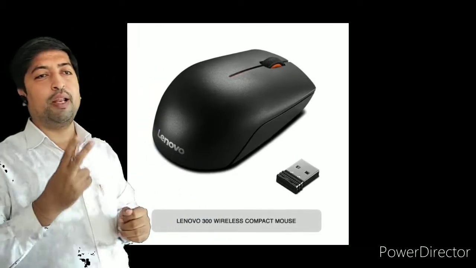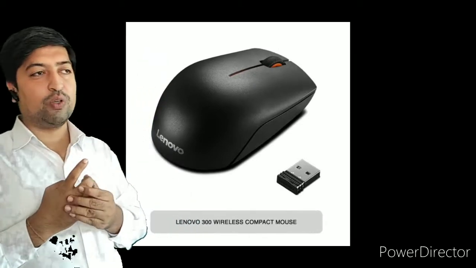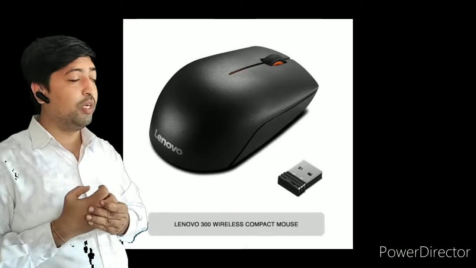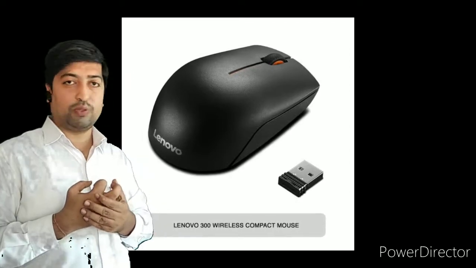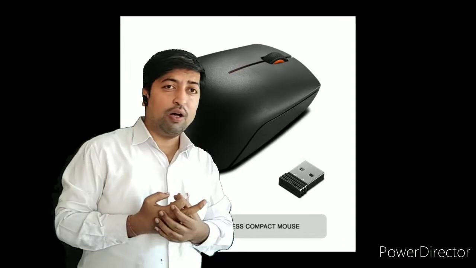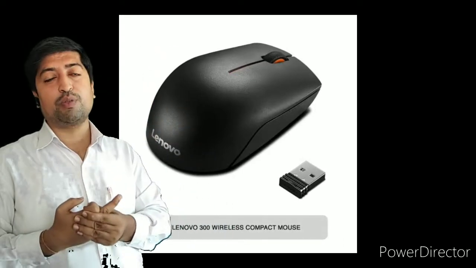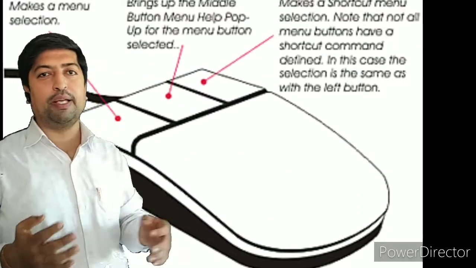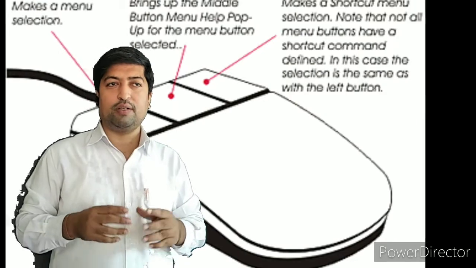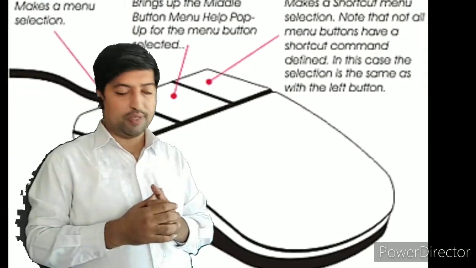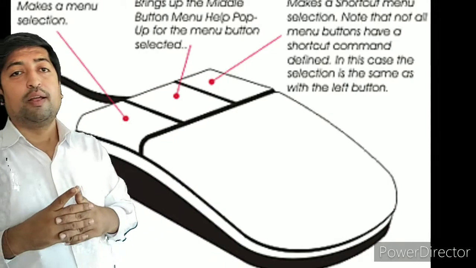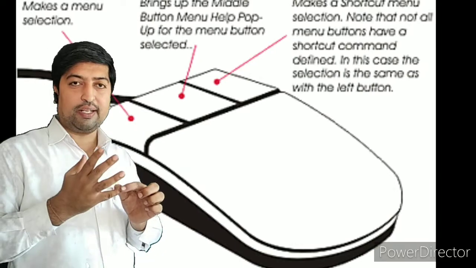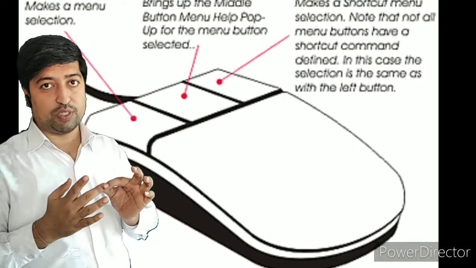Mouse is available in two ways. One is cordless, without cord, which uses a Bluetooth device, the Bluetooth mouse. Or second is the mouse with a cord. A Bluetooth mouse can be used inside the room from any place away from the computer. We use the mouse for different purposes like click, double click or drag process.